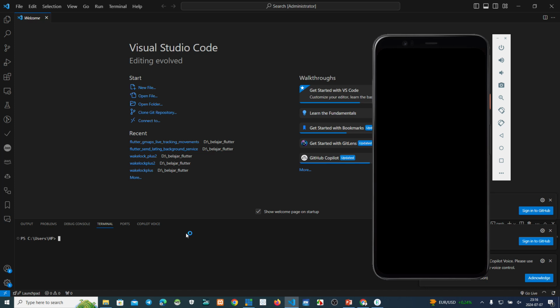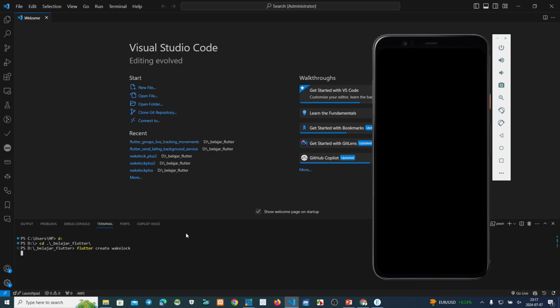Okay, we go to this laptop, go to the Belajar folder. Now we create a new project. Okay, we see our project, Wakelock.